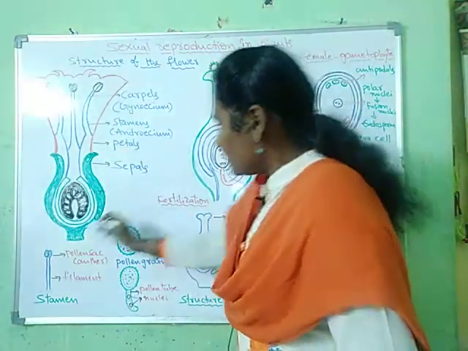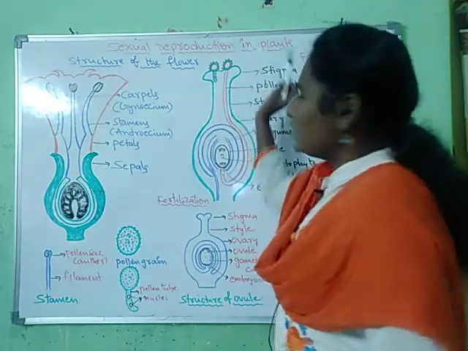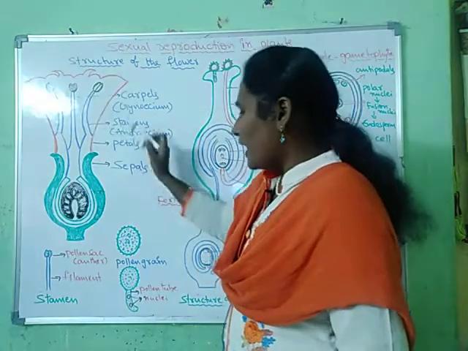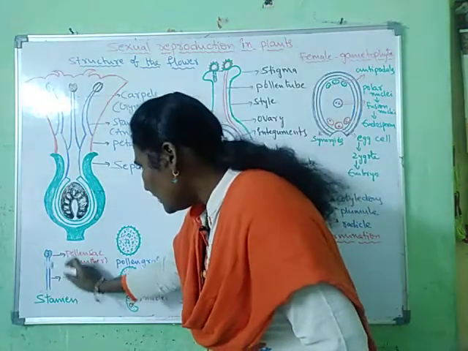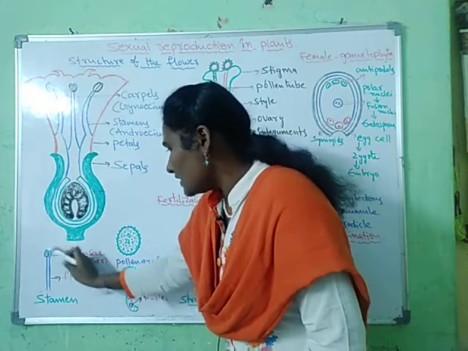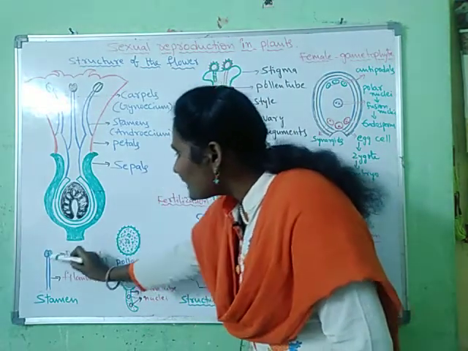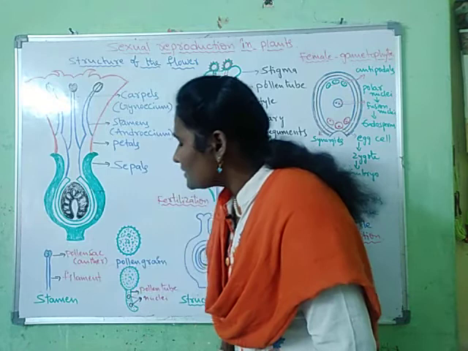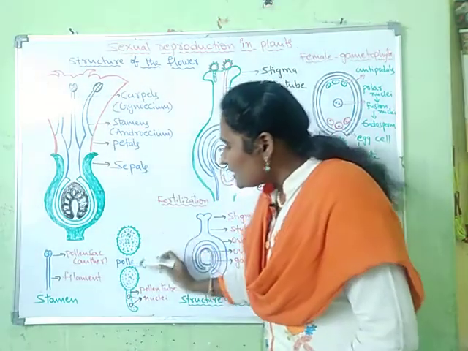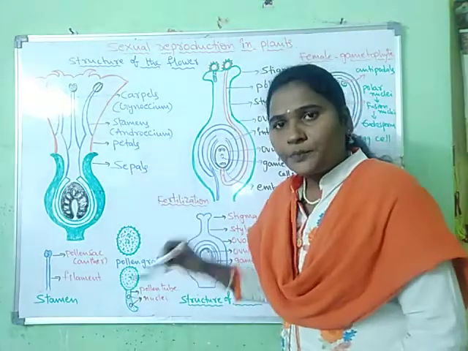Let us now discuss the smaller parts involved in sexual reproduction in plants. Here, the male portion, the stamens or androecium, contains a long filament. At the head of the filament there is a pollen sac or anther. This anther or pollen sac bears some ball-like structures. Those ball-like structures are pollen grains. We can easily observe these pollen grains under a microscope or with a hand lens.